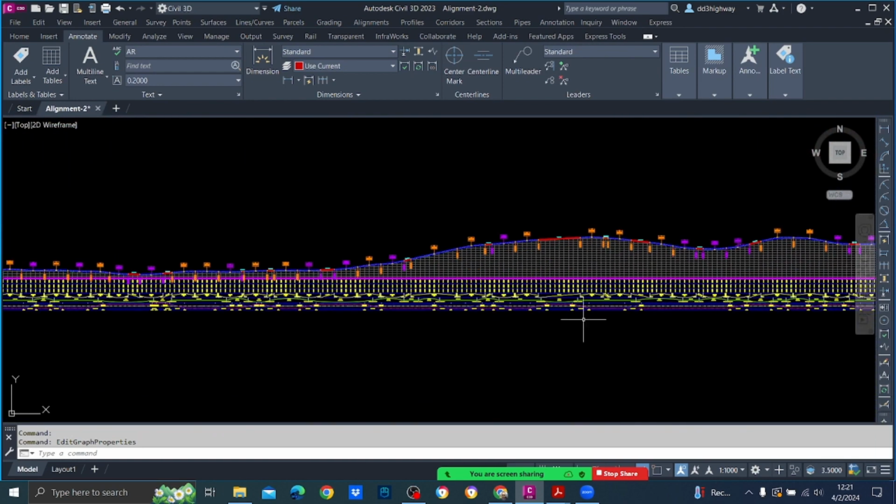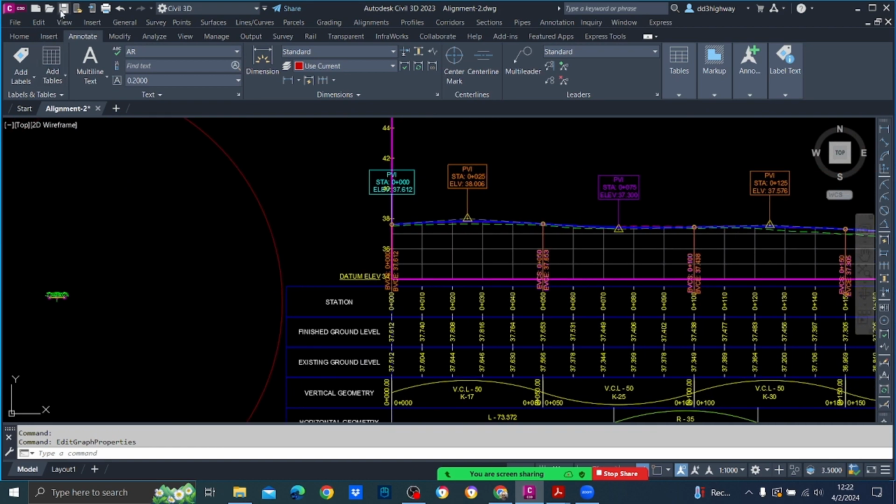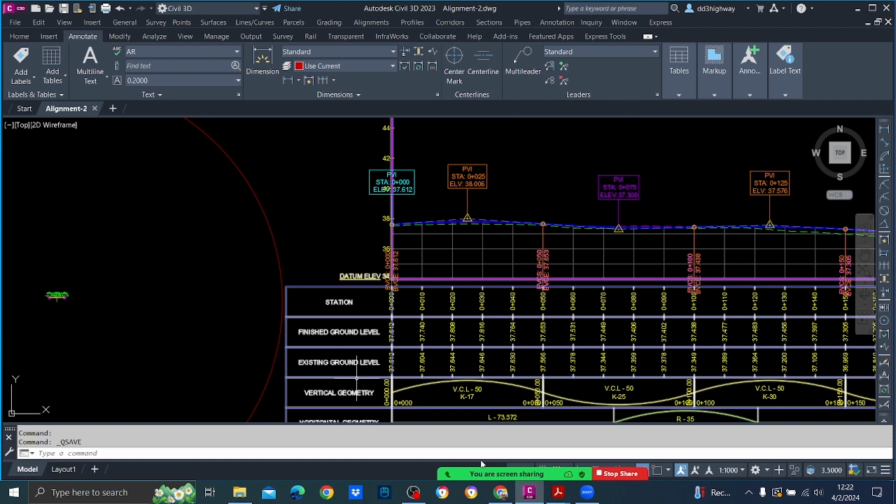Okay, now yeah, so that is the end of today's lesson. Now next day we'll discuss how to fine tune this vertical profile. Okay, fine tune in the sense, now you will see this is not the optimum profile that you are having. Okay, so we have to optimize it. So any other questions that you are having? And next week we'll be discussing